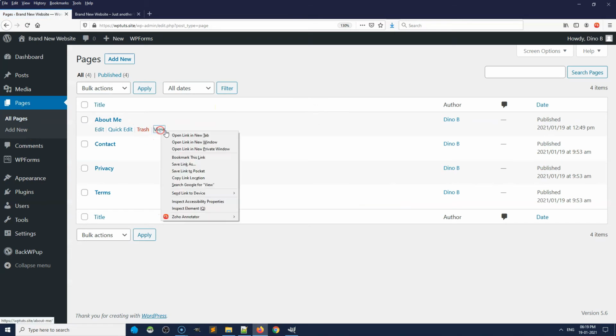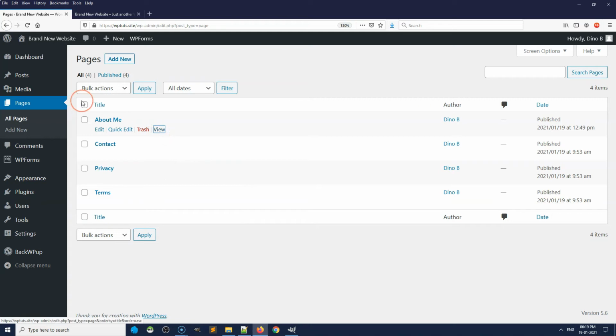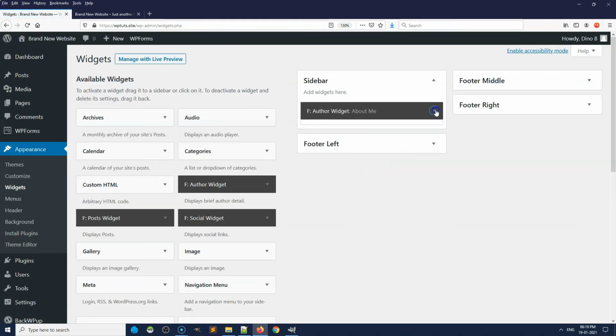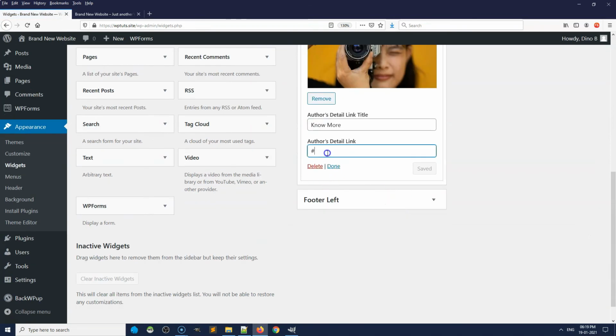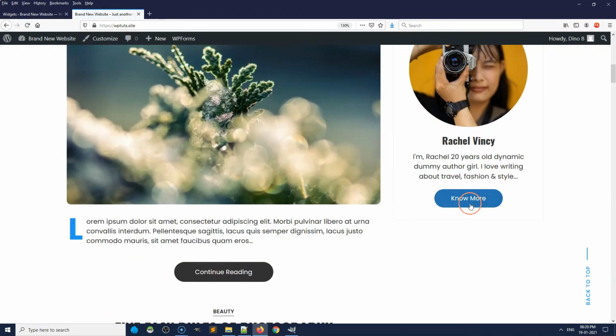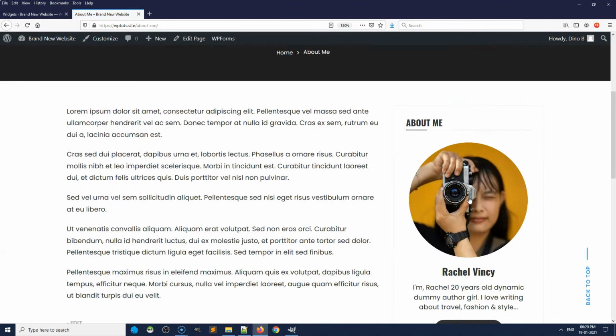Let's copy the URL. Appearance widget. Okay, now here try to paste the URL here. Hit save. Let's go to the front end. Okay, when you click the no more button, it will take you to the separate page.